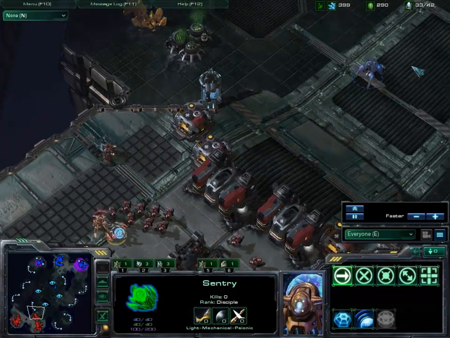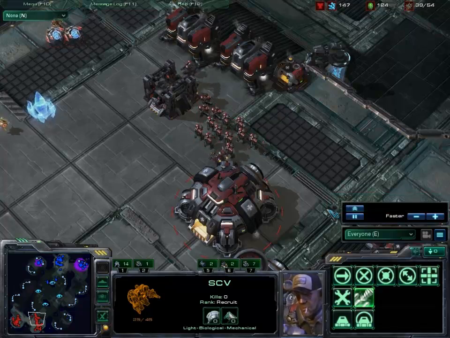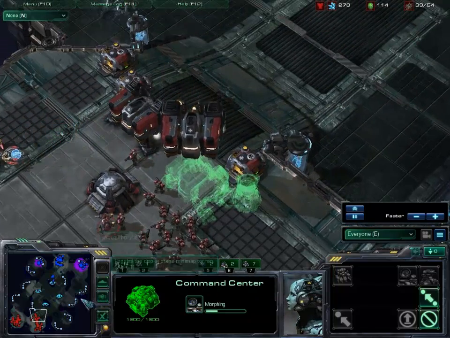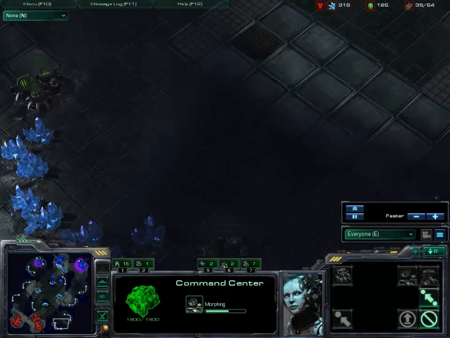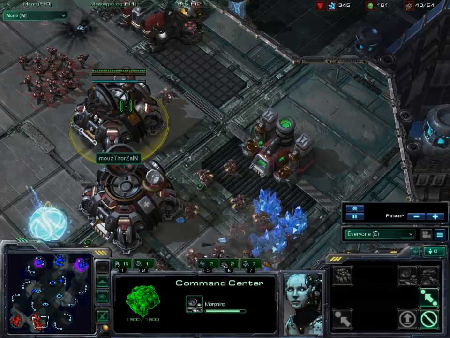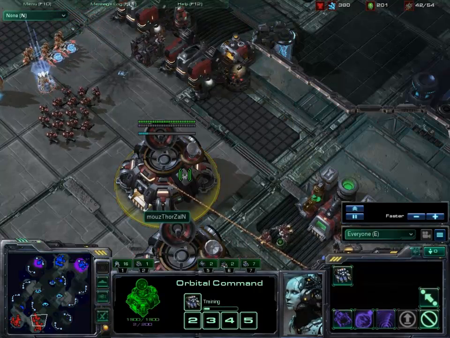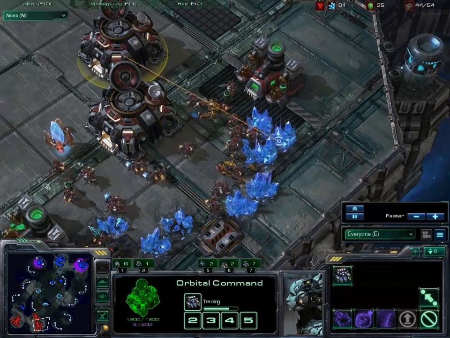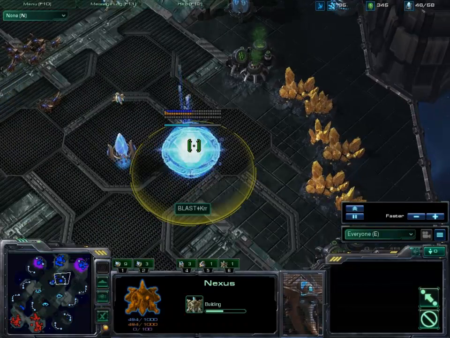So the SCV is getting picked on a little bit, and he is about half health. We see a second orbital command coming up, and it's going to be transferred over to probably this location when it's done morphing. I'm not actually sure, maybe it's just staying here for the mules, for the extra SCV production, but I am assuming it is going to fly away. For now it's producing just a couple more SCVs, and